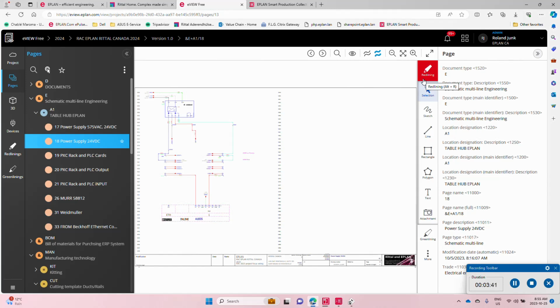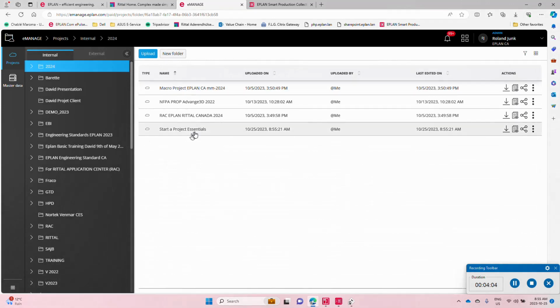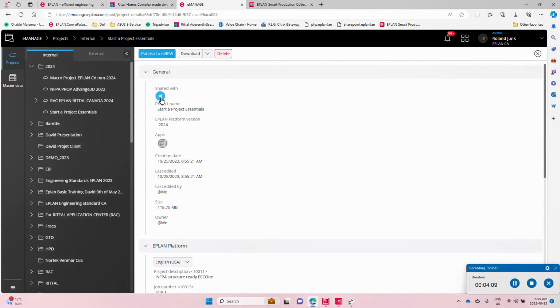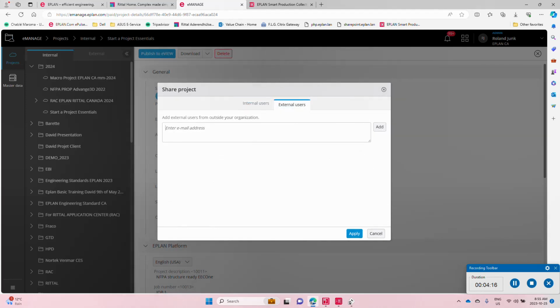The other thing that is really interesting is that every one of these projects that has been uploaded, in this case to eManage, can be shared with people that you really want to have on your team. So for this Start Essentials here, if I want to share it with you, all I have to do is say share, and I can specify the person I want to share it with. I can put the external user, and if you want to use the RAC, Riital Application Center in Canada, you can send it to